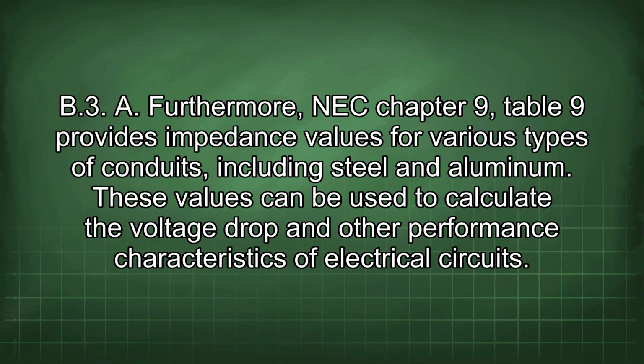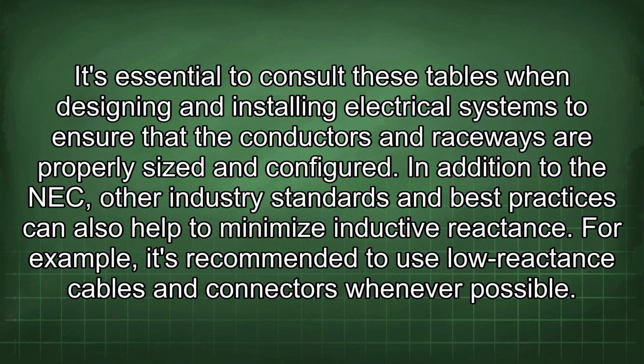Furthermore, NEC Chapter 9 Table 9 provides impedance values for various types of conduits, including steel and aluminum. These values can be used to calculate the voltage drop and other performance characteristics of electrical circuits. It's essential to consult these tables when designing and installing electrical systems to ensure that the conductors and raceways are properly sized and configured. In addition to the NEC, other industry standards and best practices can also help to minimize